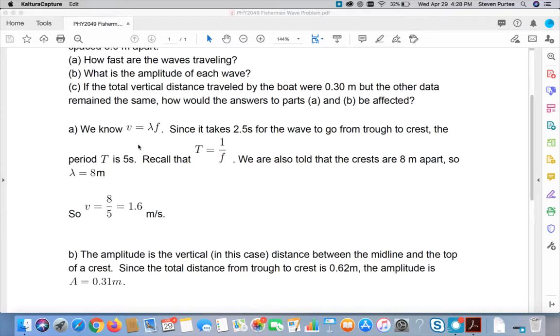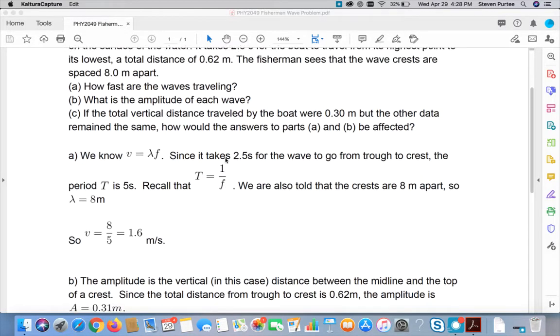We call that the period. Period is the amount of time it takes to go through one complete cycle. Remember that period is 1 over the frequency, or frequency is 1 over the period. We were told